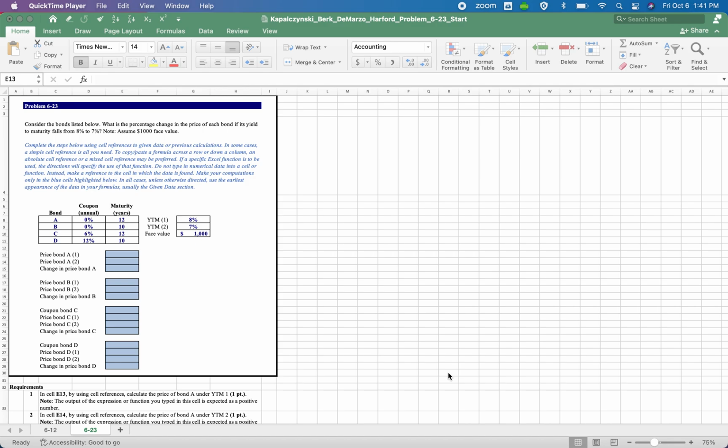Hello everyone. We're moving on to question 2 on your Excel homework for chapter 6, bond valuation. This example requires more work from you, but those are simple calculations. And hopefully by the end of this example, you'll feel comfortable with valuing bonds in Excel and on the calculator